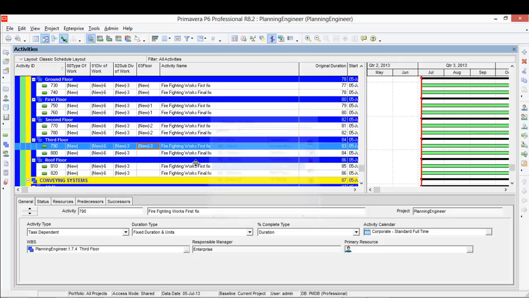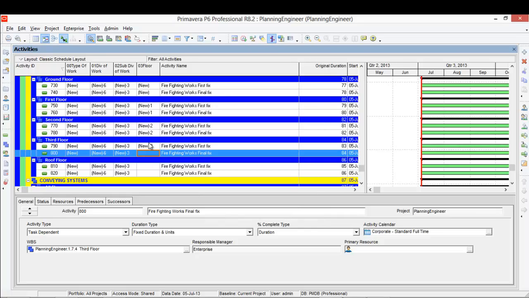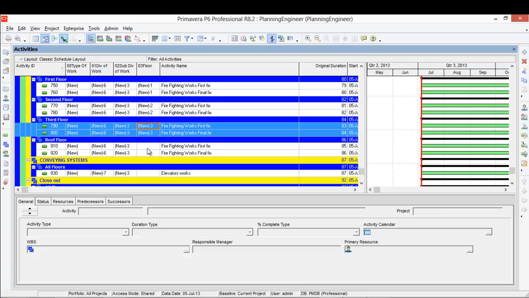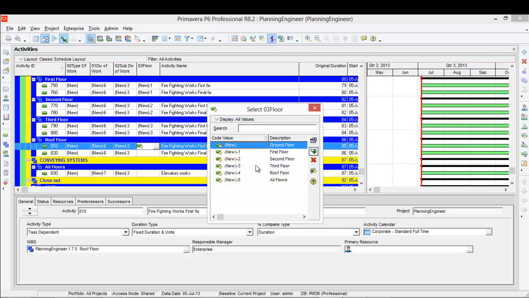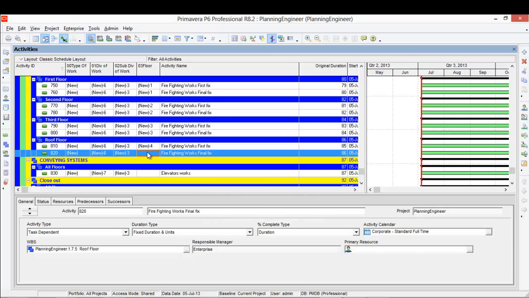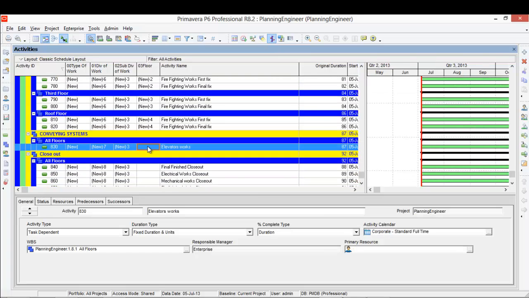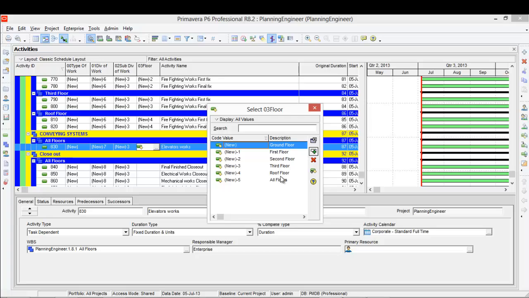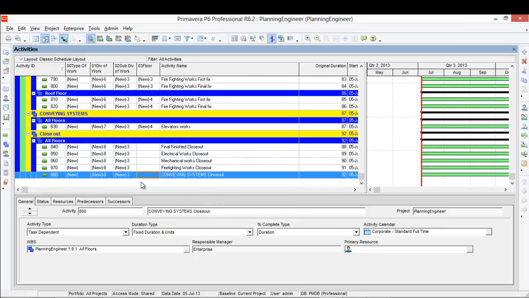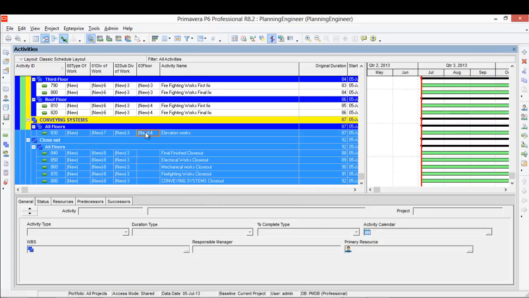Just let's do it in this very straightforward process. Okay, and this is the roof floor, and this is all floors, this is all floors.